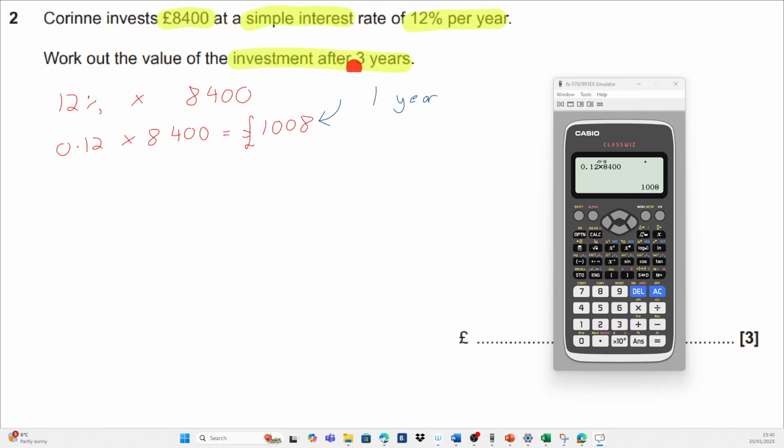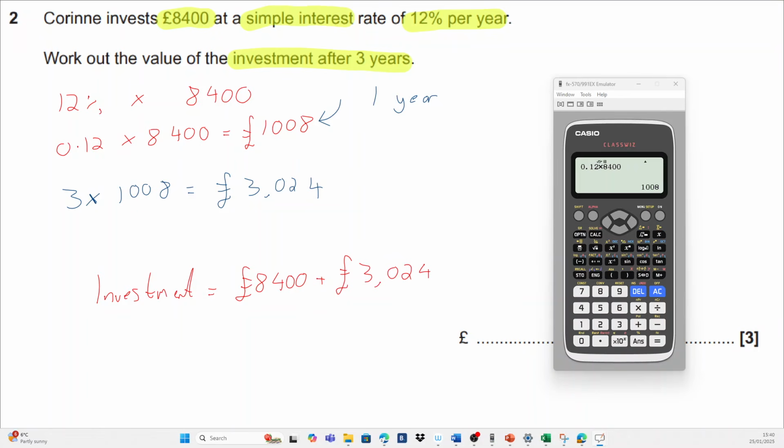The question is saying after 3 years, so you've got to now do 3 times that £1,008, which is going to be equal to £3,024 here. Just be careful, the question is saying the value of the investment after 3 years. You've got to now add this on to what you start at. So the final value of the investment is going to be equal to 8,400, and you're adding on that 3,024, and that's going to be equal to